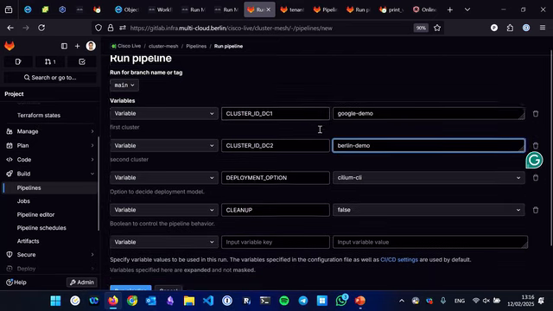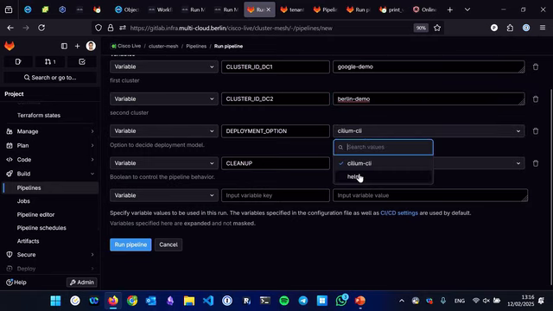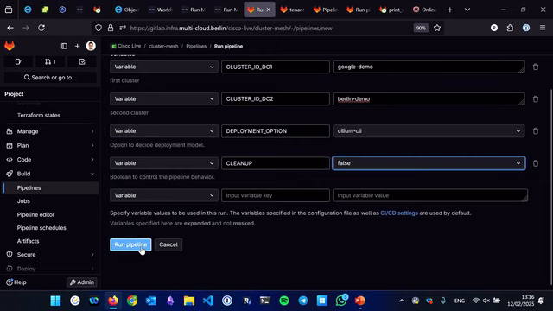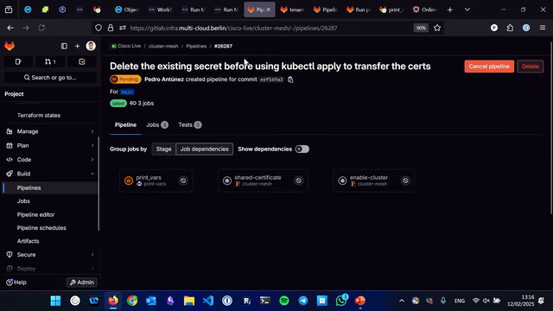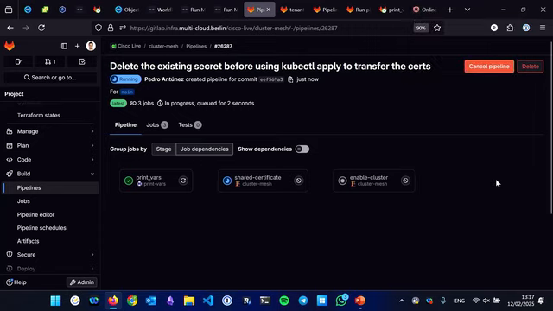We can also provide some options, right? So we can basically provide an API for our users. We could offer Cilium CLI or Helm install, and we could do a cleanup or deploy. So we're not going to clean up, we're going to deploy. And then what's going to happen is our cluster is going to deploy for us. So what we have then, that's going to take a couple of minutes. So basically what's happening is it's going to grab the information about the first cluster in Berlin, it's going to grab the information about the second cluster in Google, and it's going to create what's called a mesh between them.